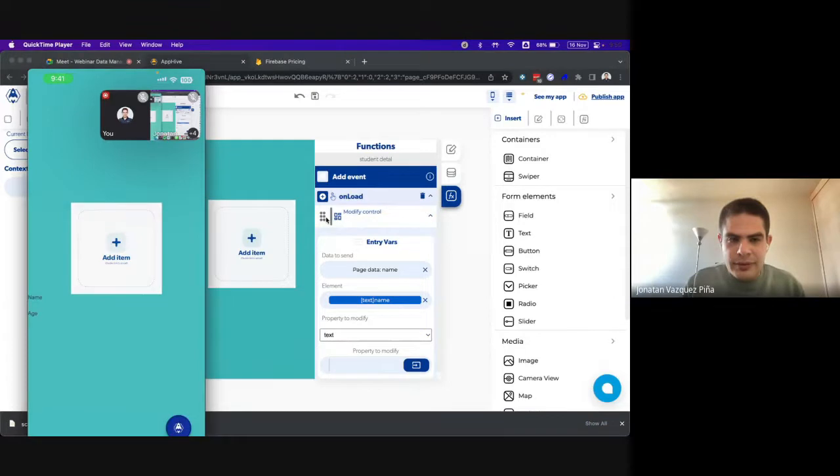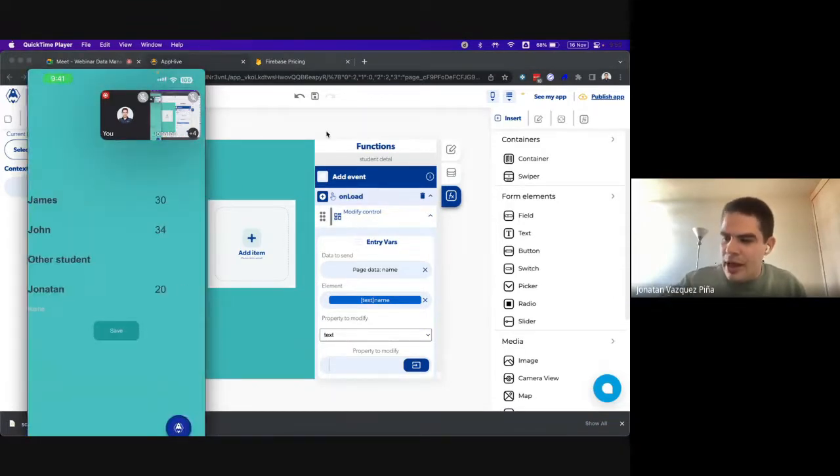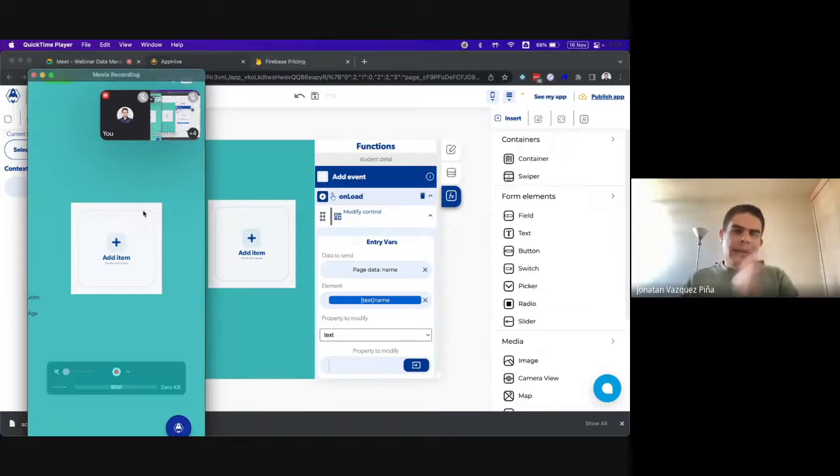So let's see how this works. I'm changing only the name. Okay, I'm going to reload. So I have the John. If I press on John, now the other page is open, and you will see that John is on the